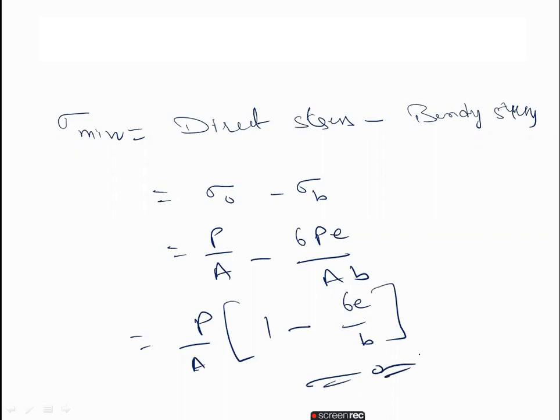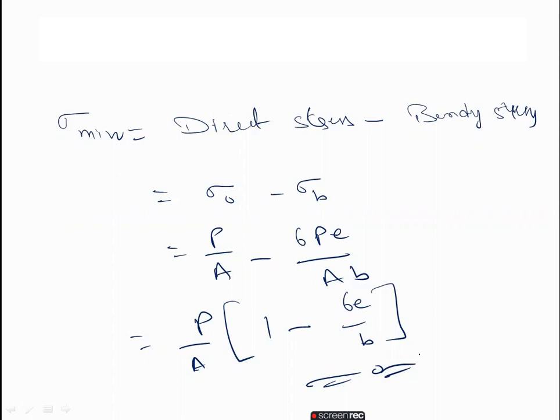So here we calculated the sigma max as well as the sigma min. These stresses I showed in the previous figure. The resultant stress along the width of the column will vary by the straight line law. If sigma minimum is negative, then the stress along AD will be tensile. If sigma minimum is 0, then there will be no tensile stress along the width of the column.